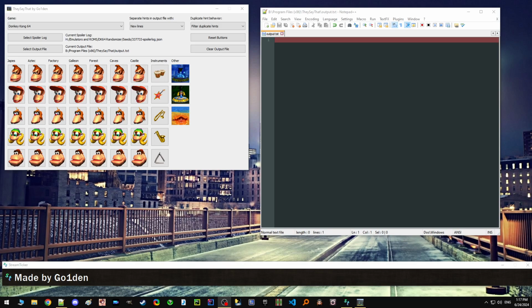I've written a couple of programs over the years, and here I'm going to show you how to use two of them to display hints from various randomizers on your stream. So the first program I've written is called TheySayThat, and it's a universal hint display. So for any randomizer that exists, you can add it to this program, and